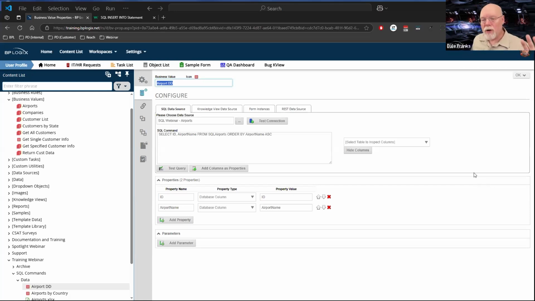For those of you who do know a lot more about SQL, or if you need something more complex done in order to return data or to change data, Process Director, because it doesn't vet your SQL, does enable you to write entire stored procedures.